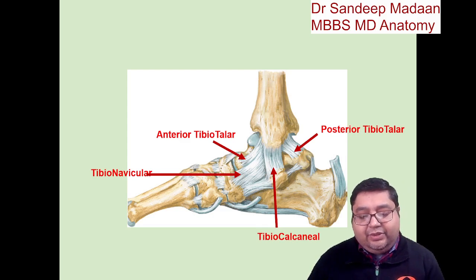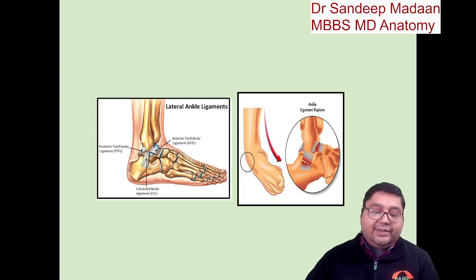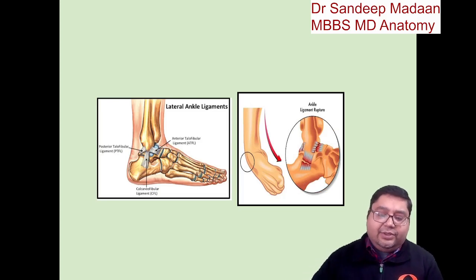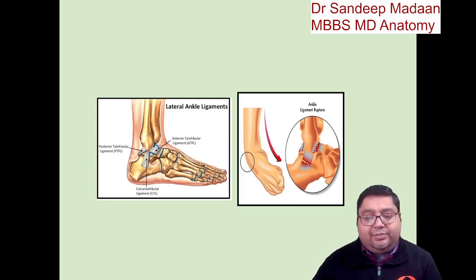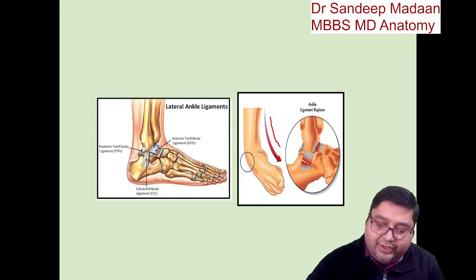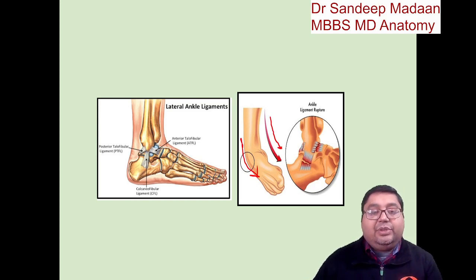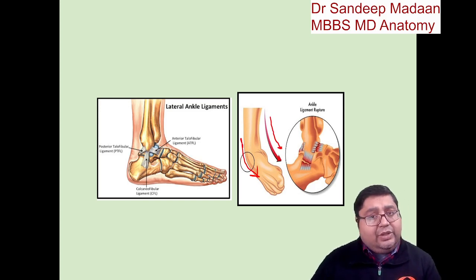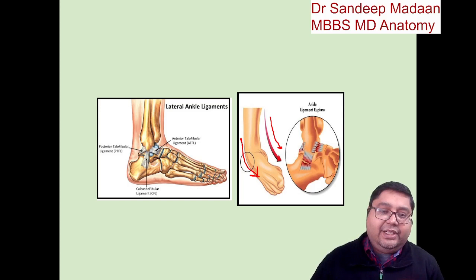Okay, so why are we looking at these components and these ligaments? Because sometimes we are going somewhere and suddenly the foot gets a sprain, right? Suppose there is a sprain in inversion. What will happen if there is inversion? Then the stretch will be on the lateral aspect. If the stretch is on the lateral aspect, the lateral ligament will be torn. Now the lateral ligament itself is made up of components, so will everything be torn? It will depend, either one component or all may be injured depending upon the severity and the injury